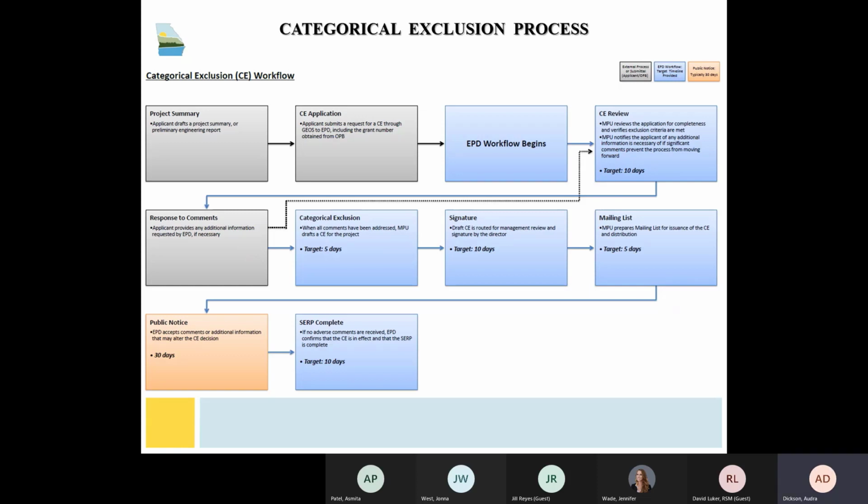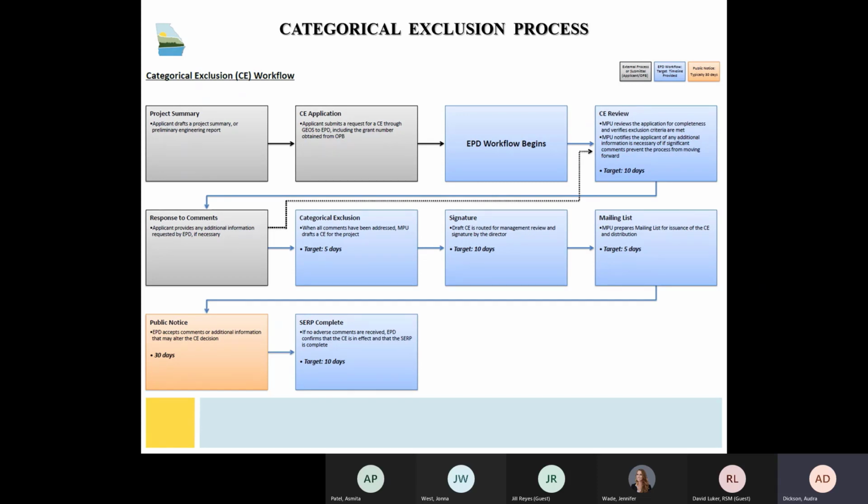If the applicant did not contact other state agencies about the project, EPD will send the CE with the project description to the other state agencies for their review. However, we do highly recommend the applicant reach out to the other state agencies before submitting the project to us. This allows the applicant to respond to any questions or comments from those agencies and revise the project description prior